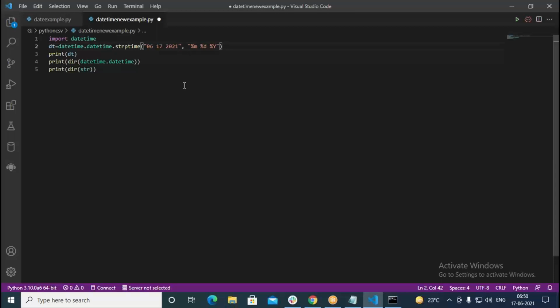So I should specify here somewhere. I give a space, then I put %h, then say %m, then the other thing here is %s. Okay, I try to give lowercase s. What will happen? Let us see.